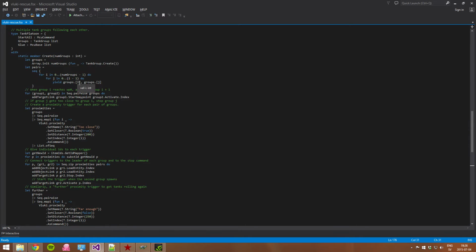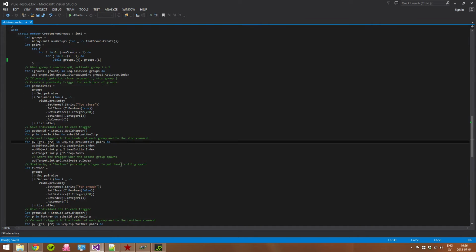And the fix here could be simply to swap my 2 groups in the pair. Let us see. The code that does this is actually here. You see in group 1, group 2, I add an object and an object linked between P, which is a proximity trigger, and the 2 leaders of